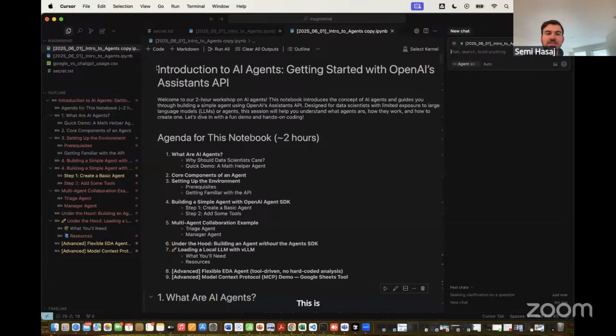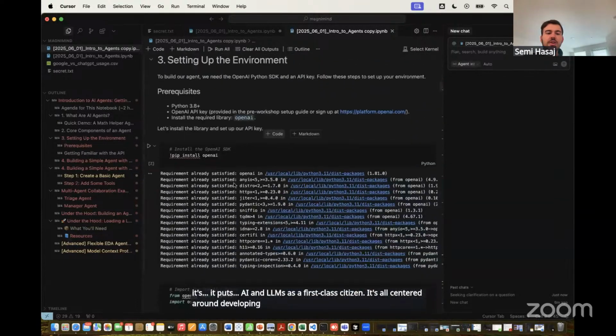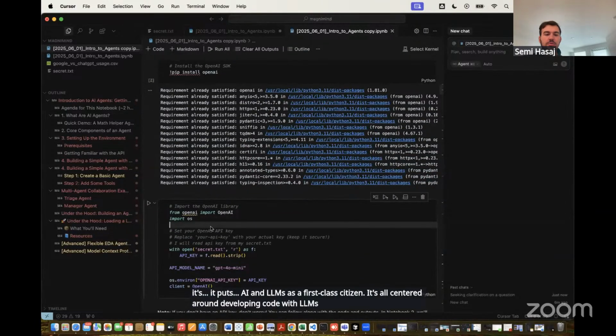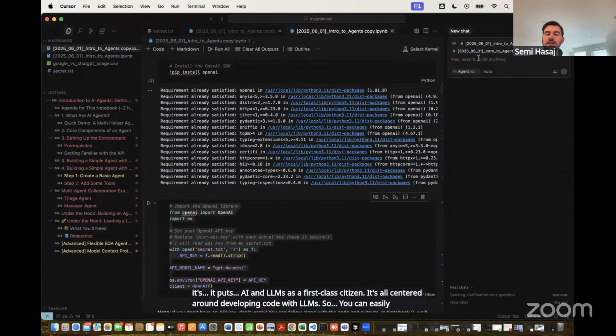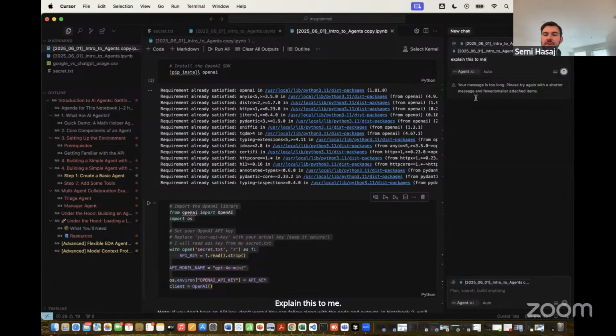This is Cursor. This is an IDE like VS Code, but I would call it puts AI and LLMs as a first class citizen. It's all centered around developing code with LLMs. So you can easily ask questions to some agent, explain this to me, right there in your IDE.